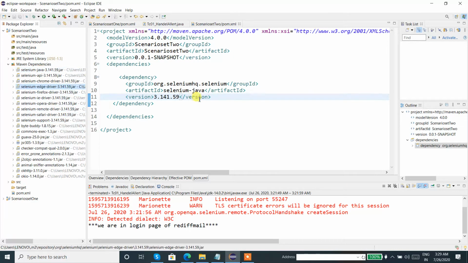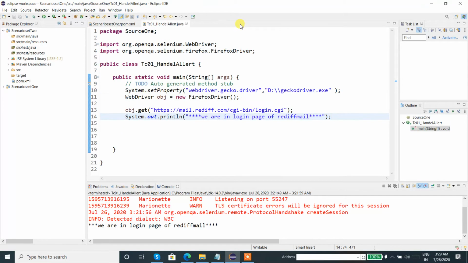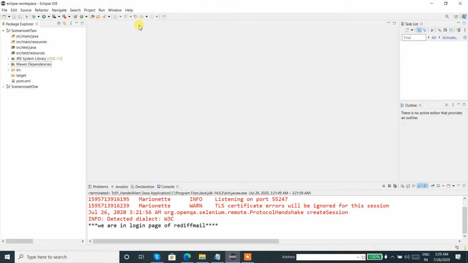Once we add this dependency and save the file with Control S, these jar files will automatically reflect. So our job is done. The POM task is done for us. Let us close it, and let's decide where we shall write our main script. We should not think in a very complex way right now. Let me pick any folder like src main java.